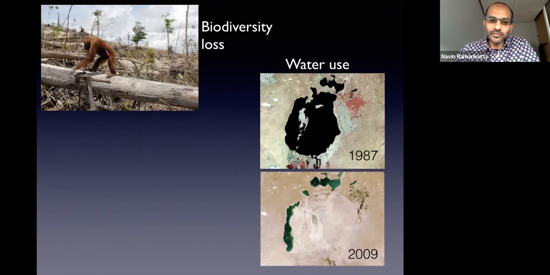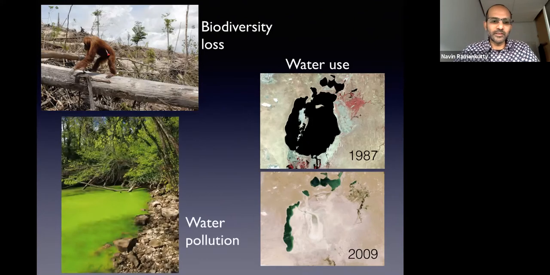It's not just about water use, but it's also about water pollution. A lot of you may have seen things like this. This is a lake which is covered by blue-green algae. When we use fertilizers on our farmlands, some of that fertilizer goes into making crops and increases yields, like I've shown you before. But a lot of that fertilizer also gets left behind in the soil, and then it enters lakes and rivers and coastal ecosystems. The algae there also love these nutrients, and they start growing, resulting in algal blooms. After a while, when the algae die, they often remove oxygen from the water and create dead zones, resulting in fish kills because fish do not have oxygen.